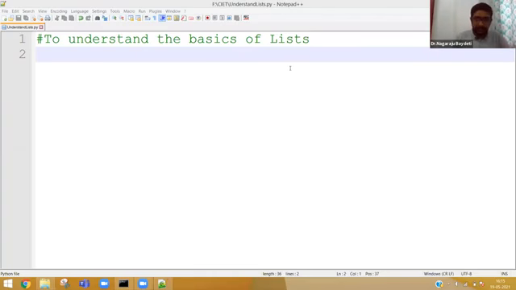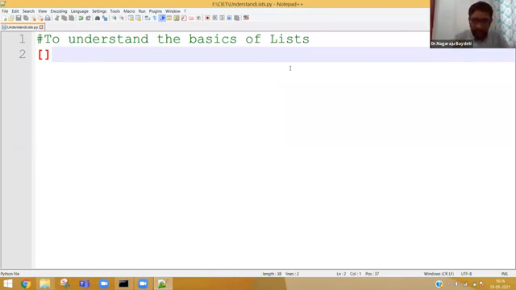Square brackets. You might have observed these square brackets in the concept of arrays in C language. We used square brackets, right? For example, in C language, we may write A of 5, something like that. So whenever we use any square bracket, people who have any understanding of C language will immediately recollect, okay, square brackets are there in C language also. I'm not trying to compare an array here with a list, but